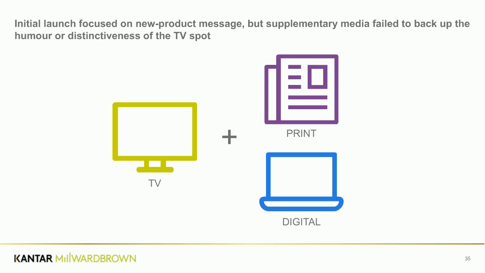This TV campaign had been previously on air with predominantly print and digital support, which they hadn't pre-tested, but they kind of assumed would be okay. When they actually looked at it, it became evident that the creative in the other channels lacked the humour and warmth of the TV ad, so it wasn't really that engaging for people. But it also tried to perhaps cram too many messages into each execution. There were multiple new variants mentioned in each digital ad, in each print ad, which starts to impair the creative's ability to get any message across.